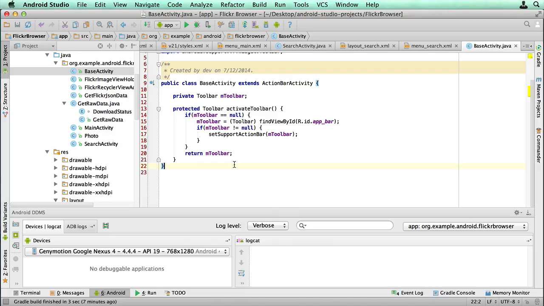So what I'm going to do is create another function. I'm going to call this one protected toolbar. I'll call it activate toolbar with home enabled. Okay, so I'm going to type activate toolbar. So we want to create our standard toolbar,